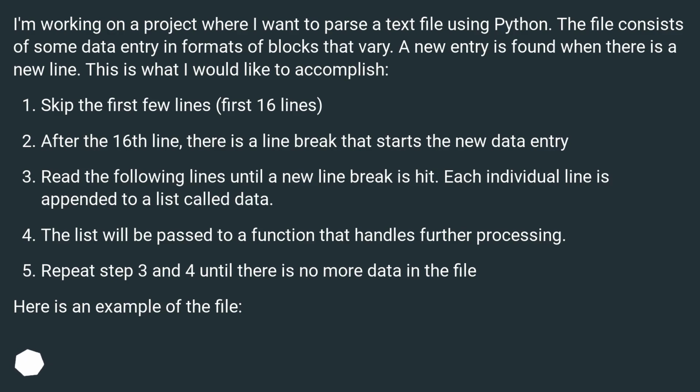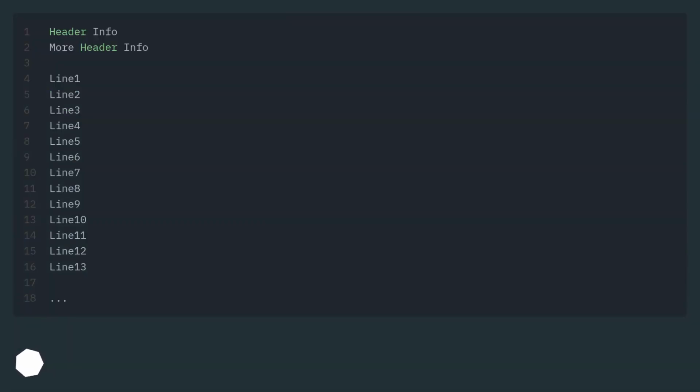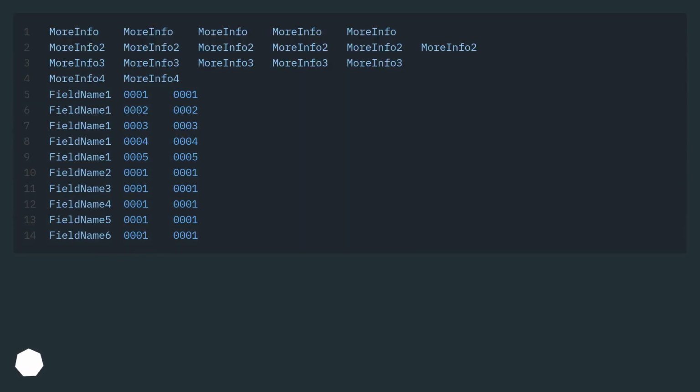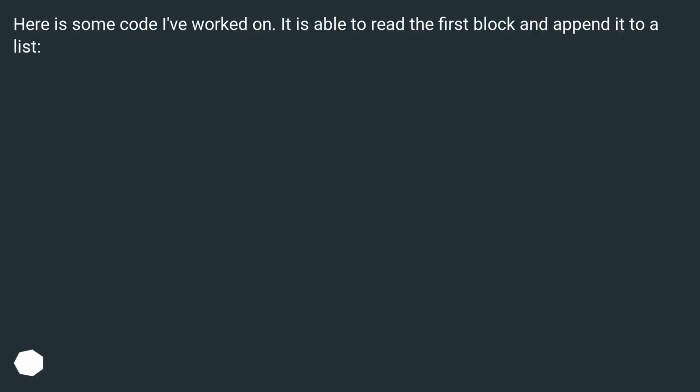Here is an example of the file. Here is some code I've worked on.